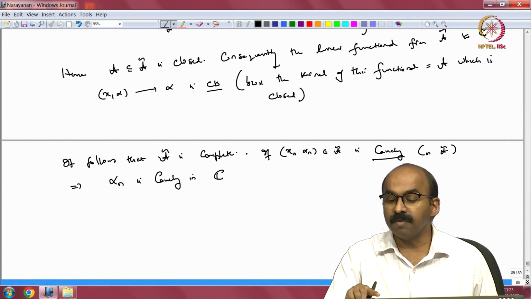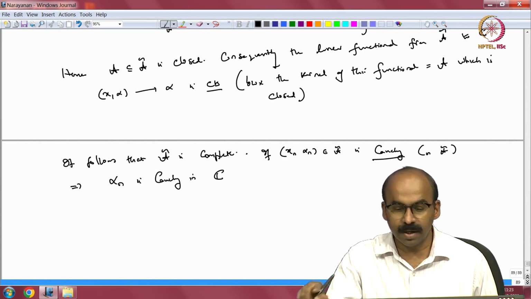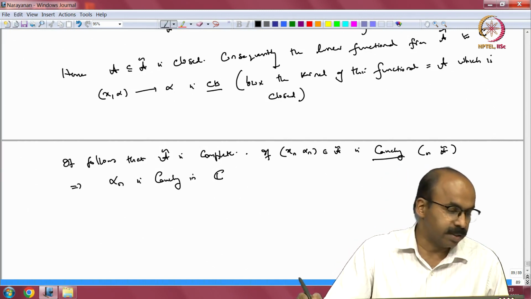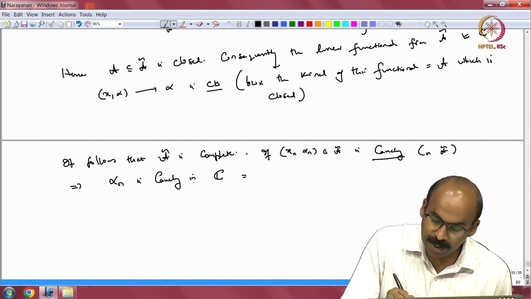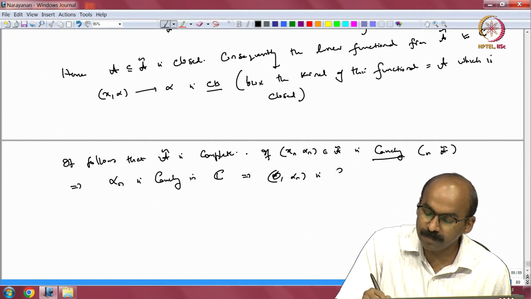If (x_n, alpha_n) is Cauchy in A tilde, then because it is a continuous linear functional, alpha_n is Cauchy in C. So, this implies (0, alpha_n) is Cauchy